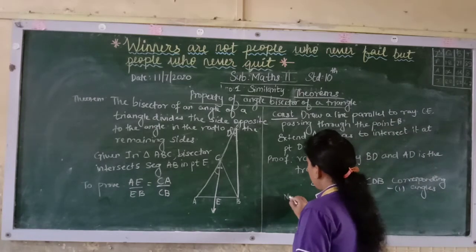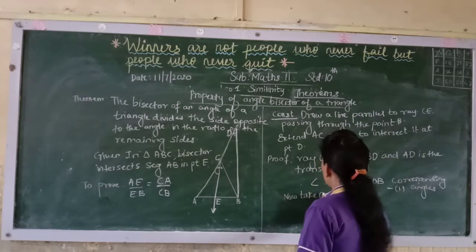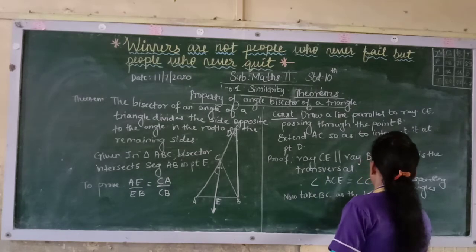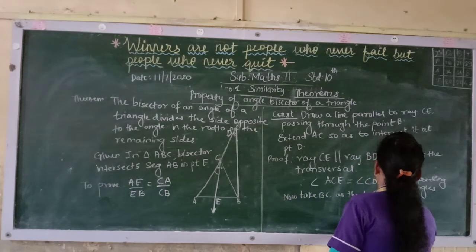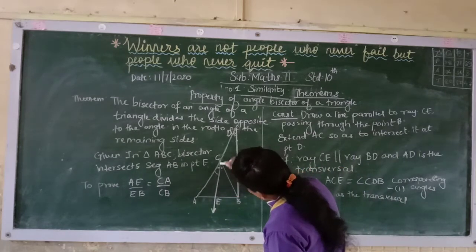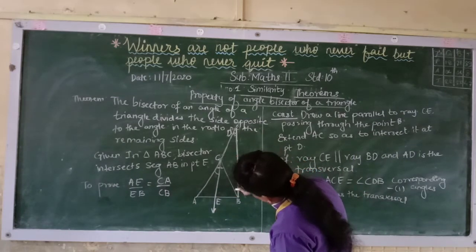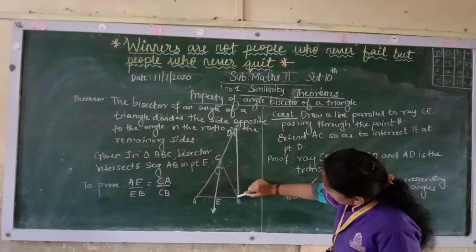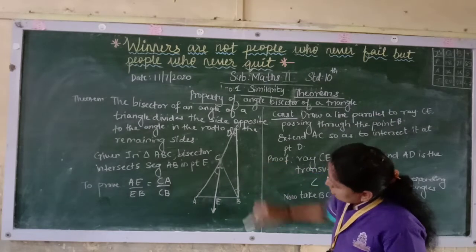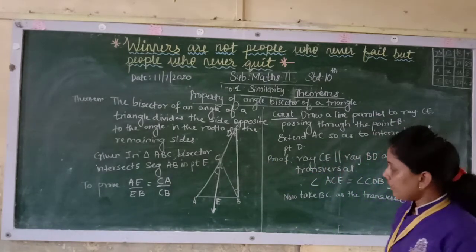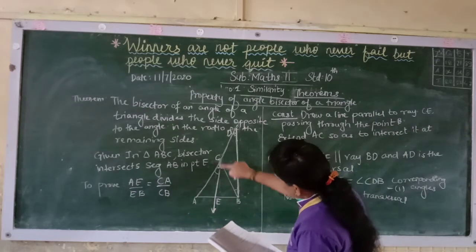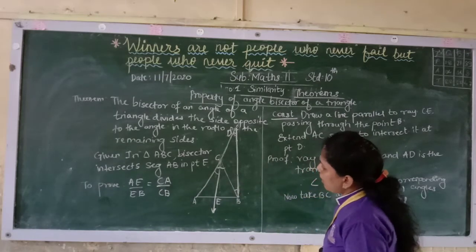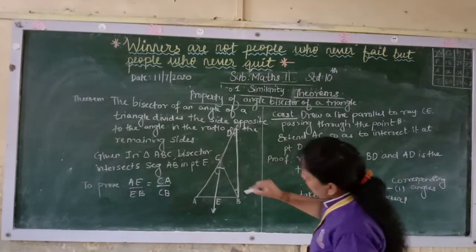Now same again, you will take BC as the transversal. First it was AD. Now when you take BC as the transversal, the Z is forming over here and you are getting these two corners of a Z. So those are alternate angles. So you are getting over here ECB and CBD. So these are alternate angles. Why? Because these two are parallel lines and this is the transversal.